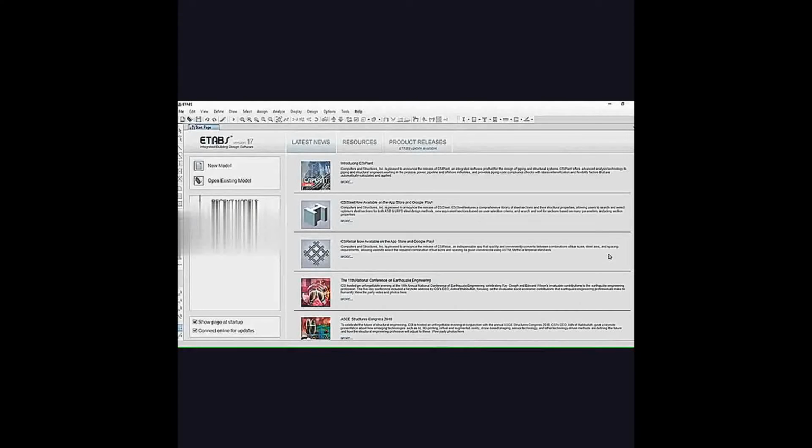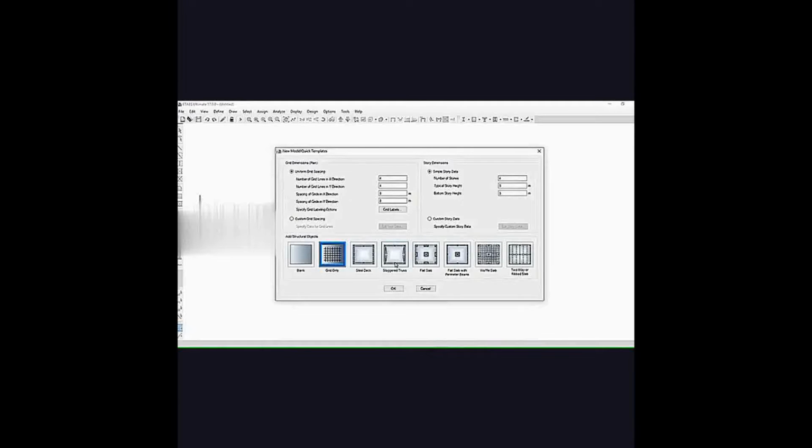Now I will click on a new model option provided at the left hand side of the software. Model initialization dialog box appears. I click on built-in option, setting options, and then OK. Fill in the particular details according to the information given. Number of grid in X direction as 6. Number of grid in Y direction is 6. Spacing in X direction is equal to 5 meter and spacing in Y direction is equal to 5 meter.